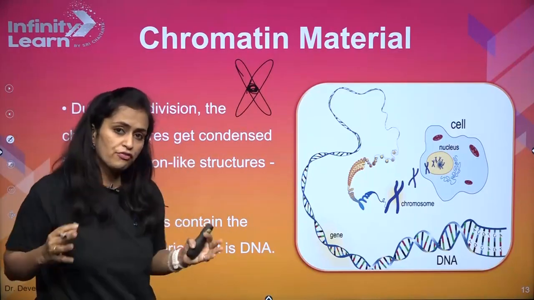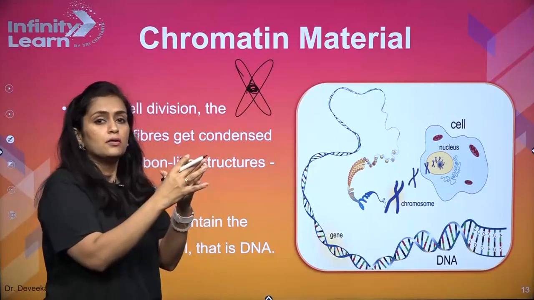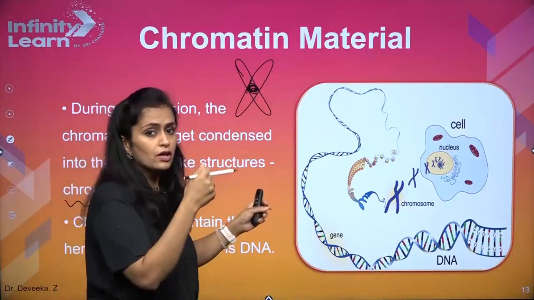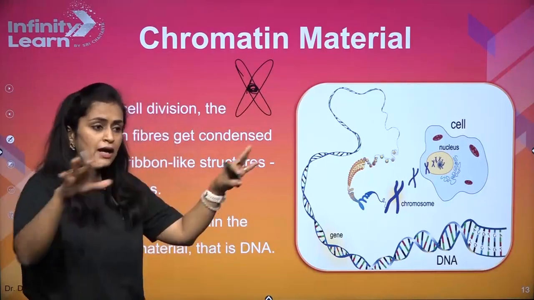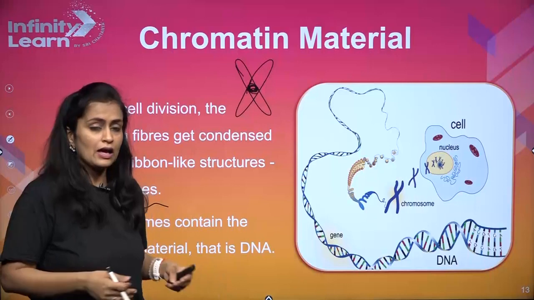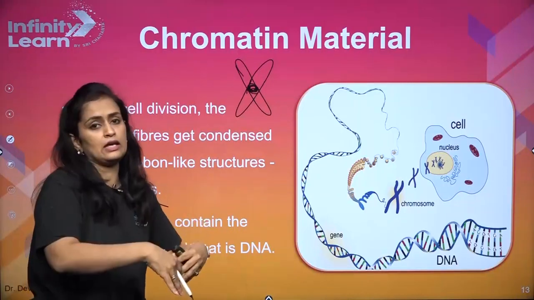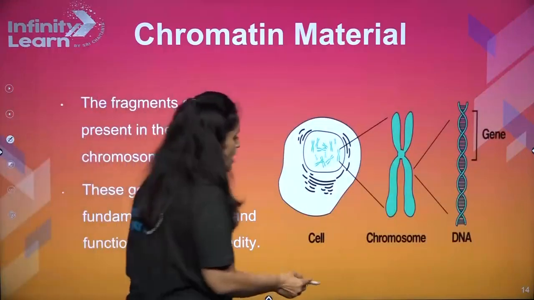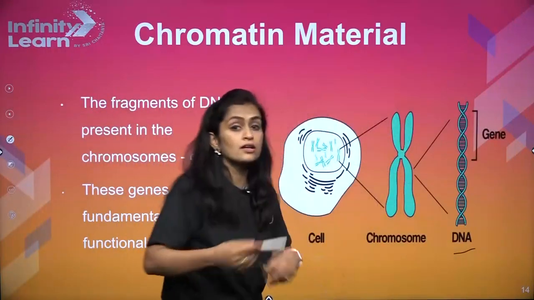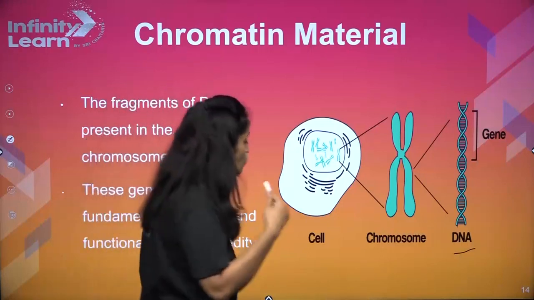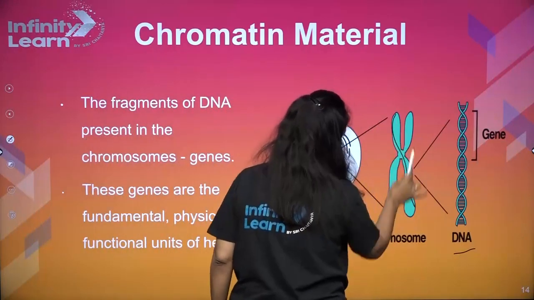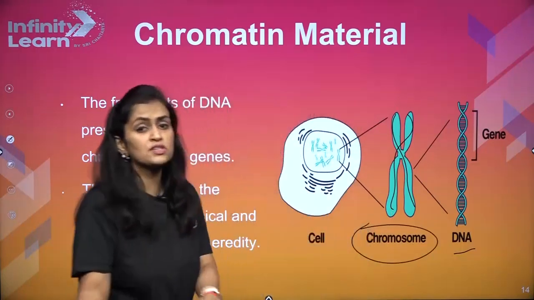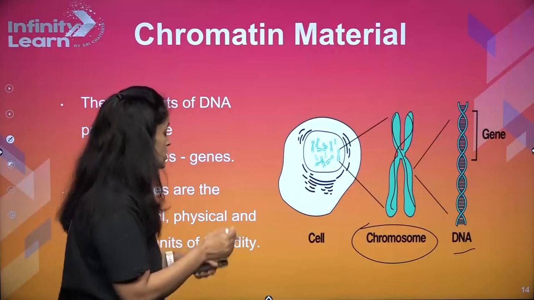Further, if we have packed it, super packed it in a suitcase and we are ready to move, that is a chromosome. If it is spread and we are using it, that is chromatin. And chromatin is made up of DNA ultimately, right? So what is the condition over here? We have DNA. DNA condenses to form chromatin fiber. Chromatin fiber makes these X-shaped, ribbon-like structures called chromosomes, and chromosomes are then stored inside the nucleus.